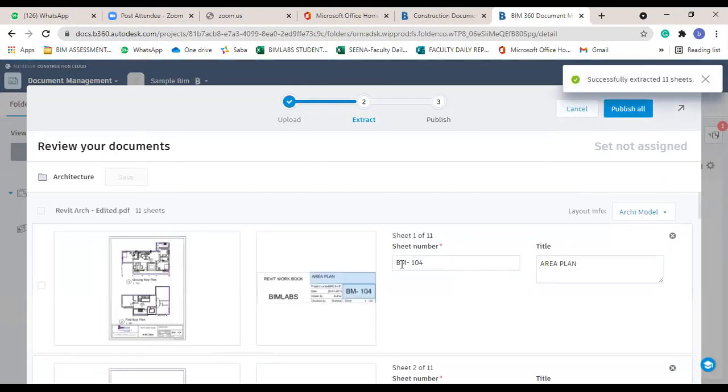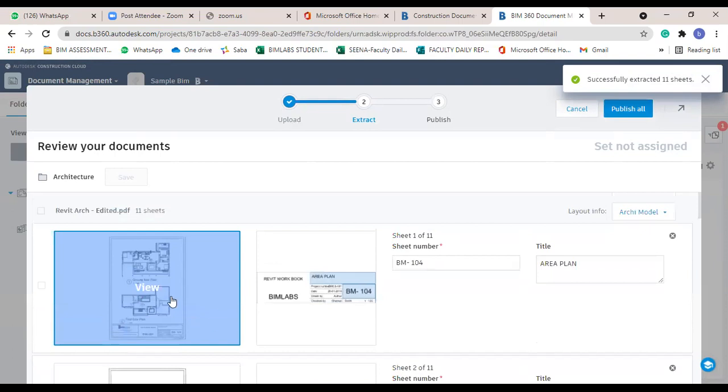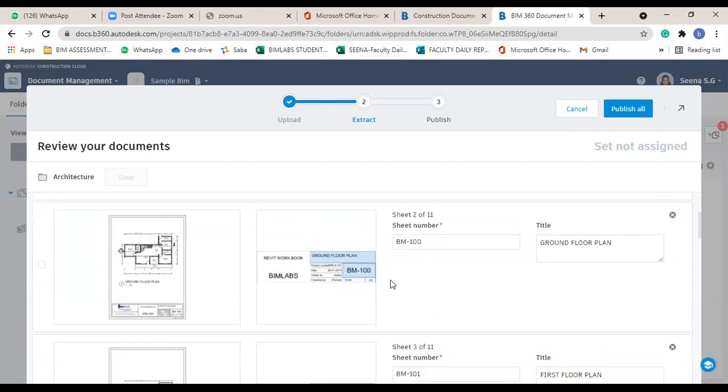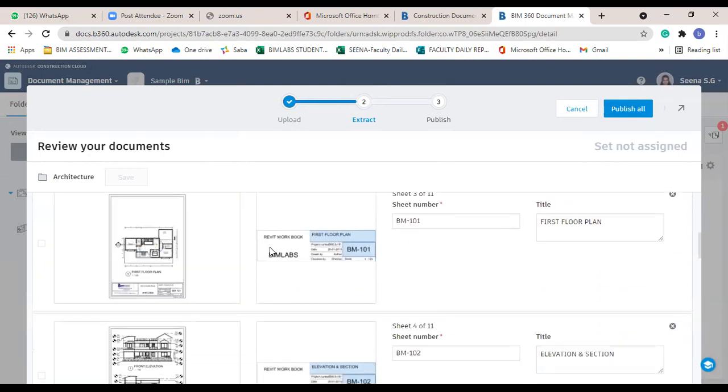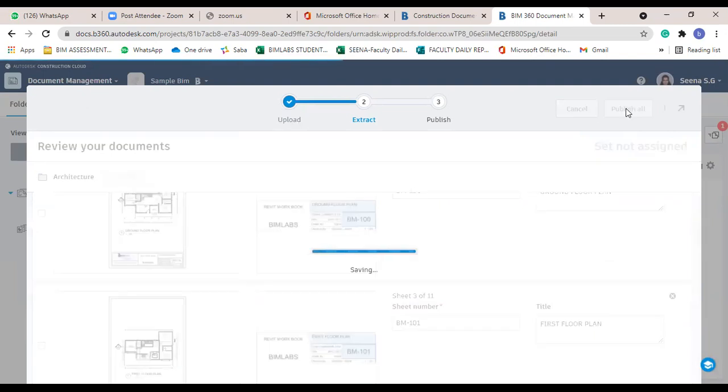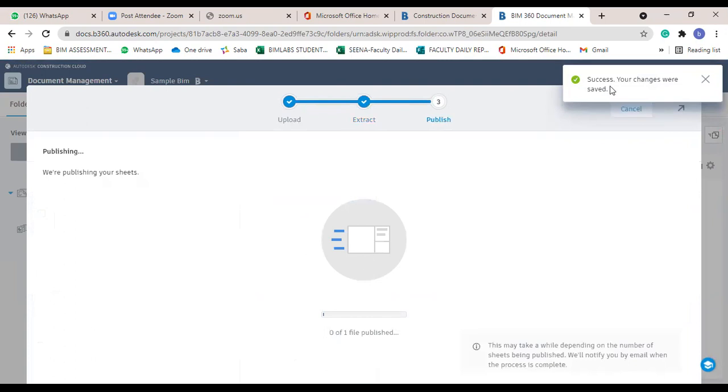Okay, you can see this is the information about the sheets. The sheet number is BM104, title is area plan, and the sheet number is BM100, title is ground floor plan. So this is the summary. Then click on the publish button. Okay, success, your changes were saved.